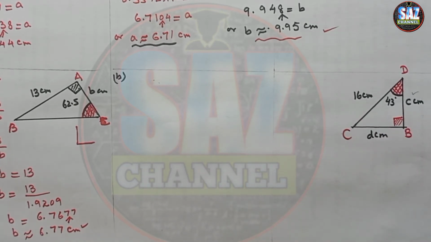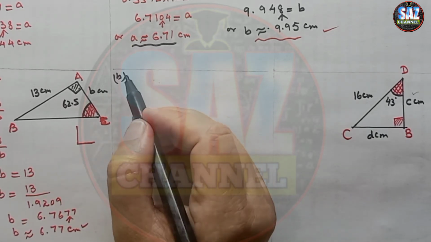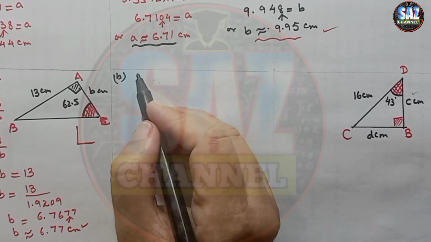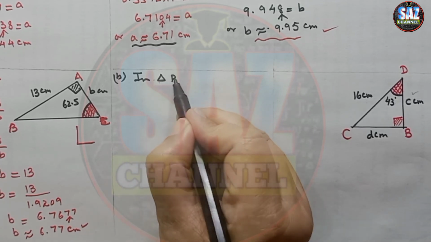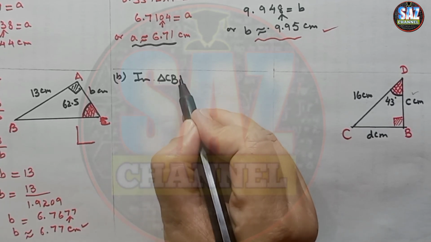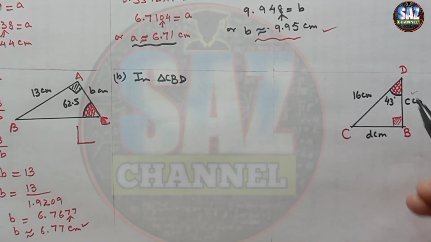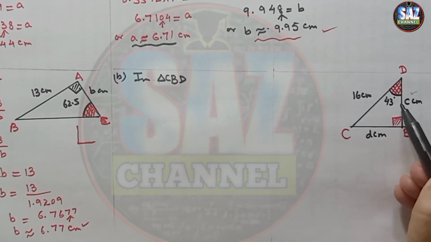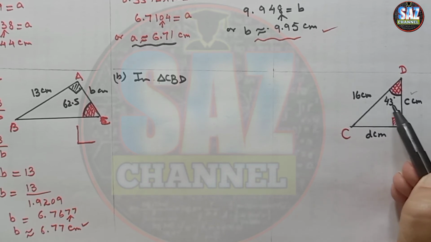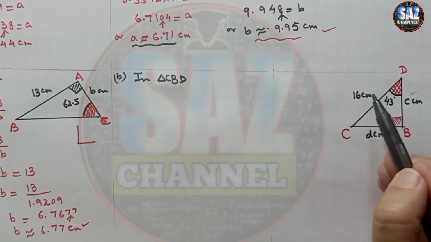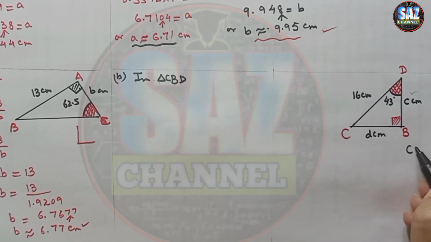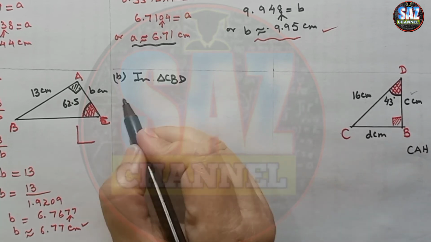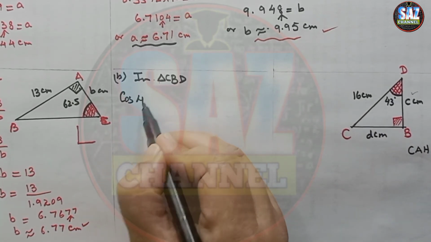Let's move to the solution of the question and let's decide which unknowns you are going to find. You can find any one of the unknowns, it's up to you. In triangle BCD, I'm going to find C first. Now look, focus your attention. With the reference of 43, C is adjacent upon hypotenuse, so it will be cos, CAH. So cos 43 degrees equals